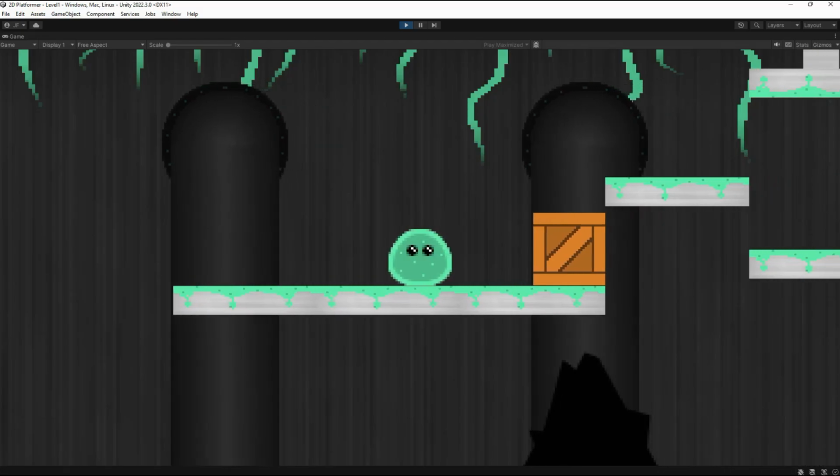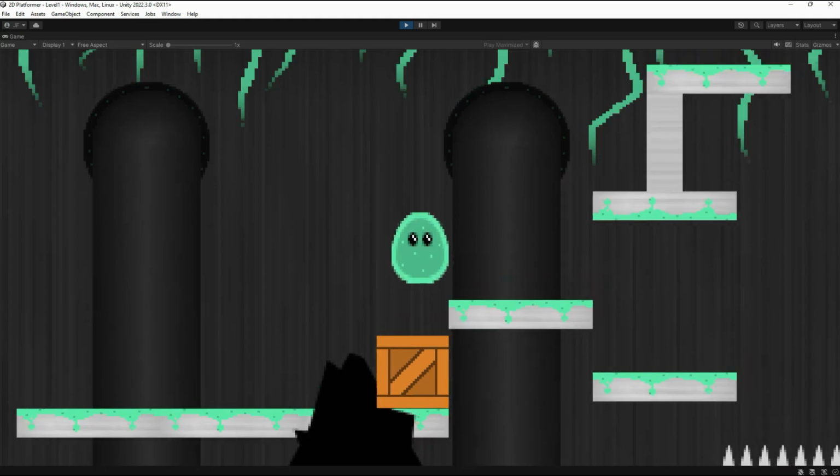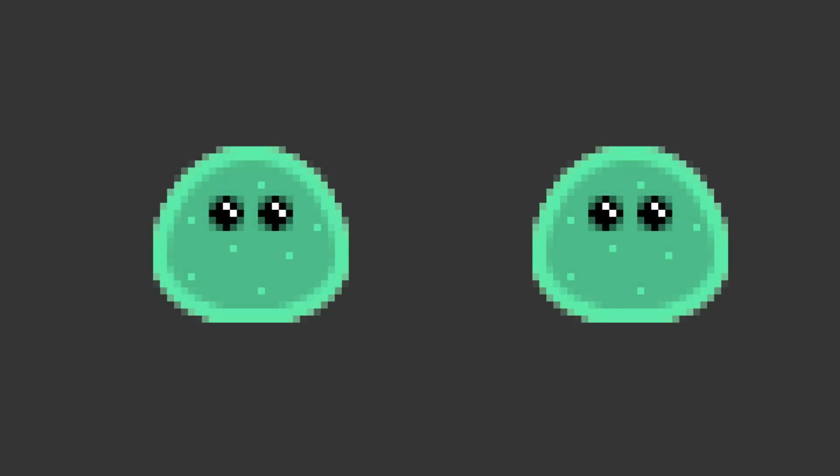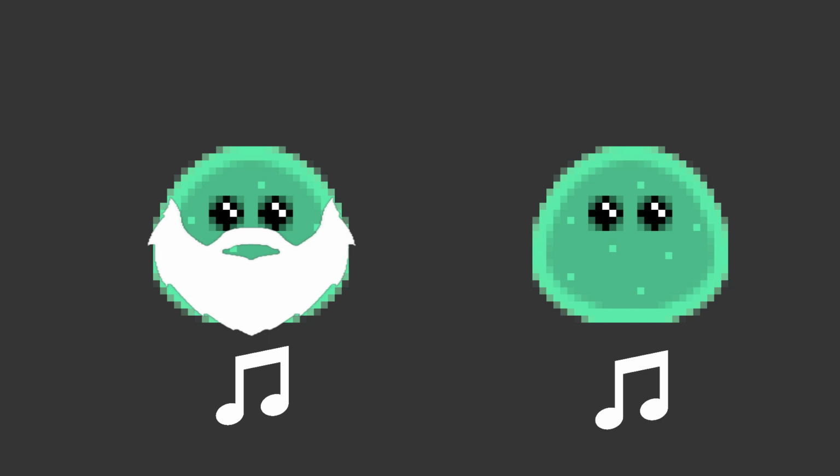At the end of this series, you will be capable of creating your very own 2D platforming game. Today I would like to show you two methods to add sound to your platformer. The first one being the more traditional variant, and the second one the variant that I prefer to use for